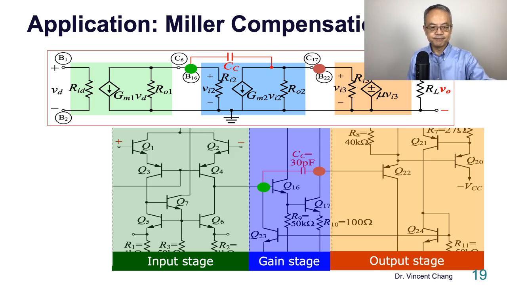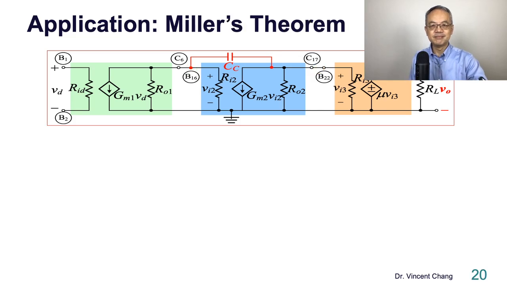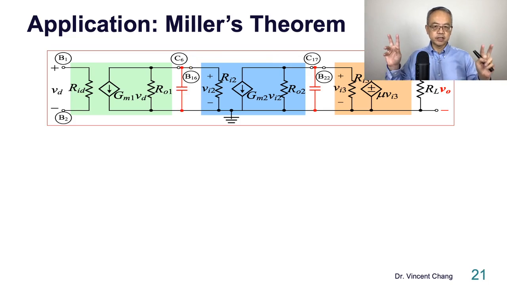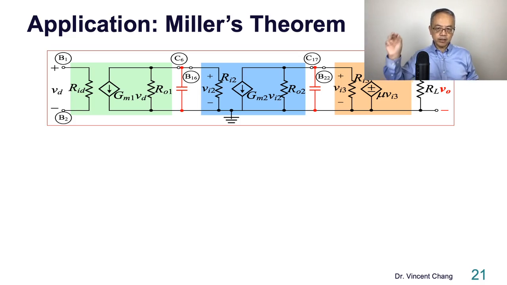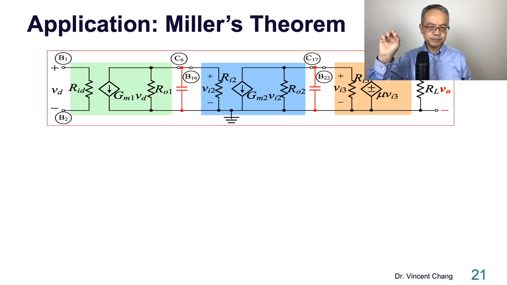Did you get it? Let's apply Miller's theorem to this circuit. We break the feedback capacitance into two parts. The one on the left is the input capacitance. The one on the right is the output capacitance. What's the expression for these two capacitances? The one on the input side should be CC